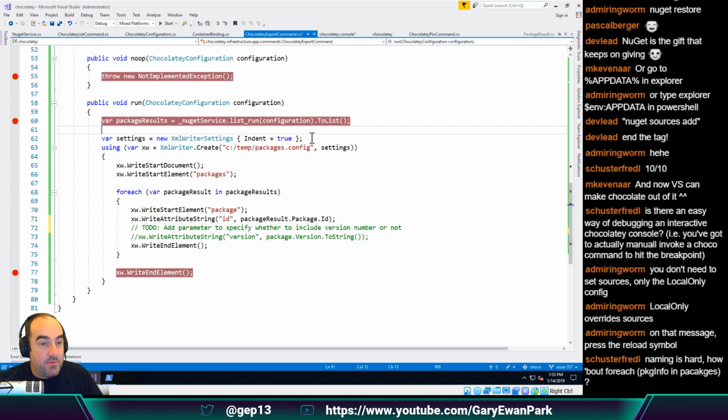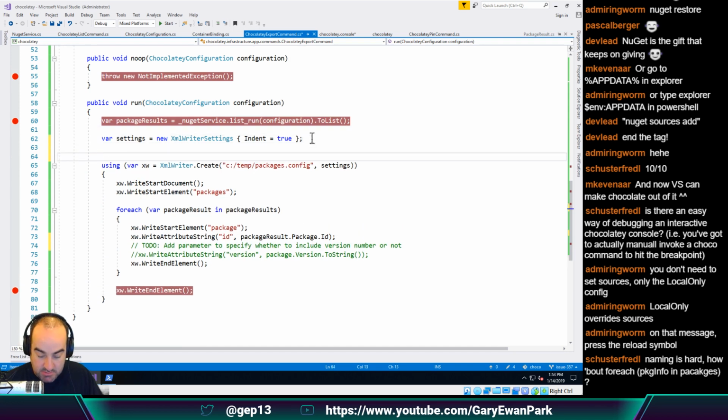This we'll have to do as a to-do as well. To do, use file system abstraction rather than direct,